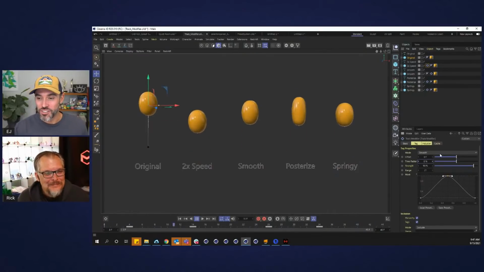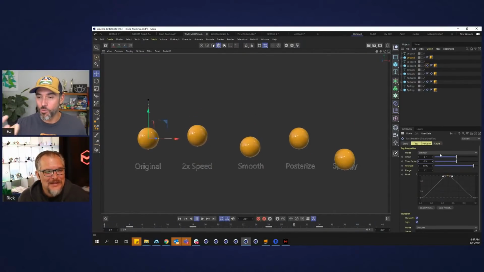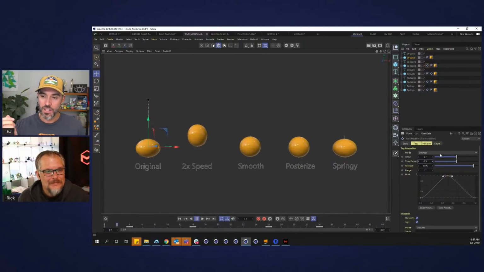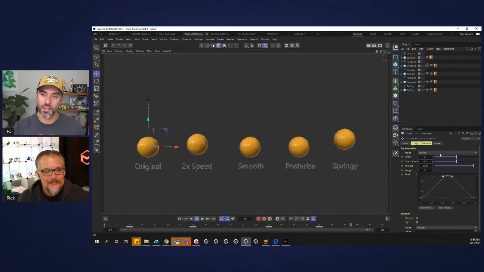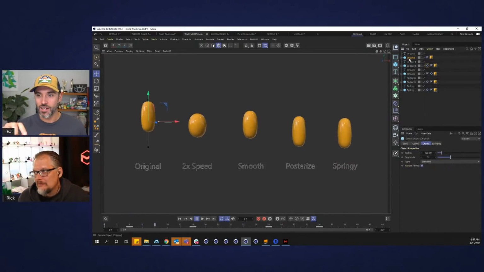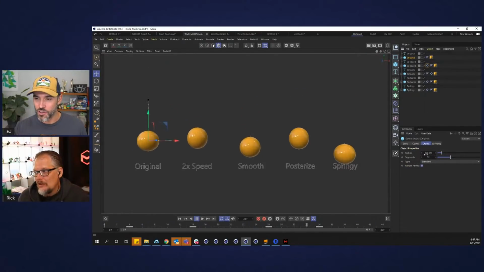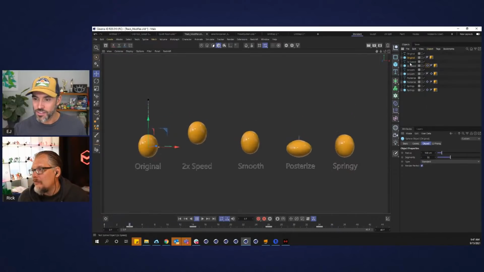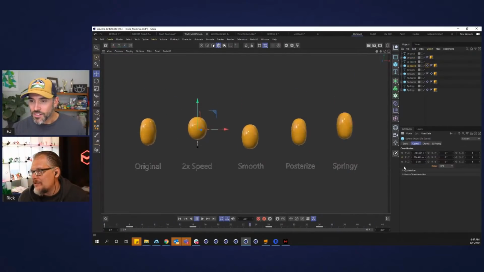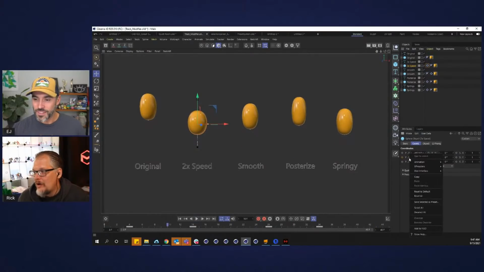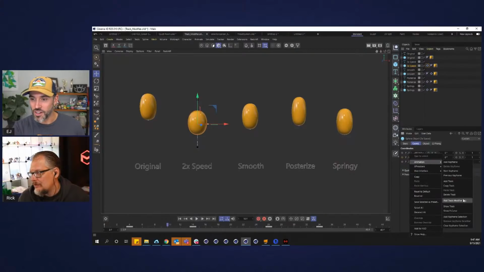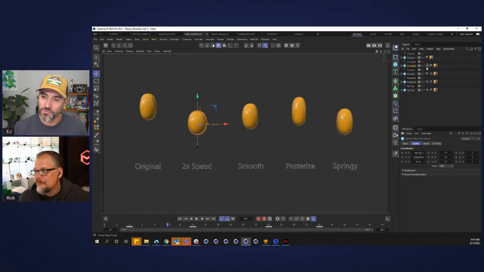I feel like I'm just scratching the surface of this kind of stuff. Oh, one of the other cool things is that say you just wanted to apply this to a specific parameter that's animated, you can right click on that parameter, and I thought that was a cool thing. Let's see, coordinates. So if you just right click on that parameter, PY here, you've got the filter search there, but then you can go to animation, add track modifier tag, and that will just add it to that specific